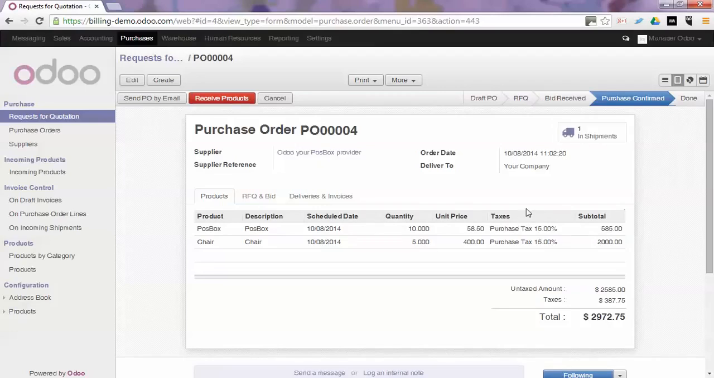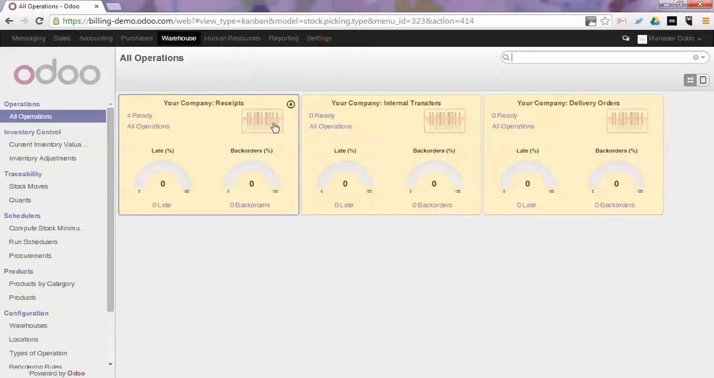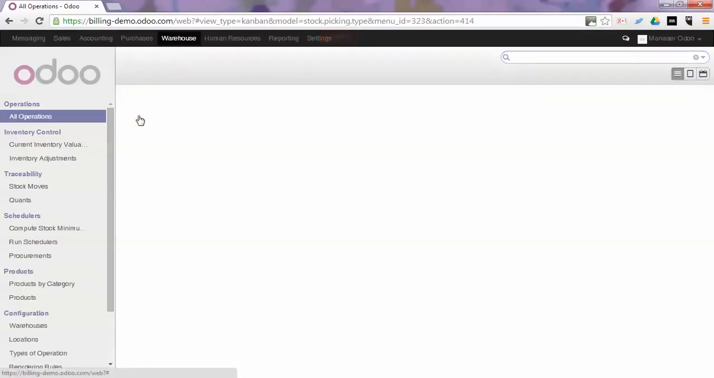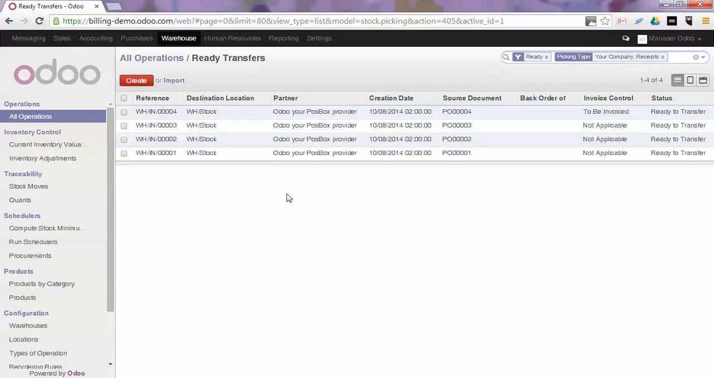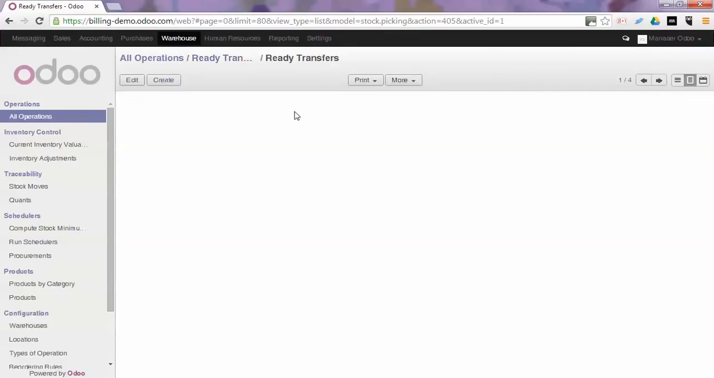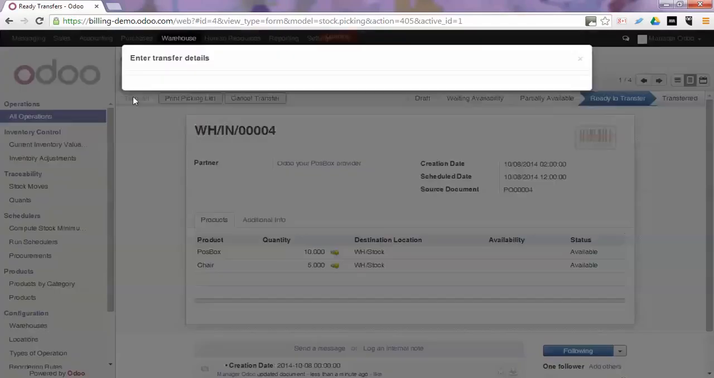to generate the incoming shipments. Now let's put on the hat of a warehouse user and process a partial delivery for which our supplier will send us an invoice. We go to All Operations and click the Ready Receipts. So you will note that the one we just created has the invoice control set to be invoiced. So we open this operation, we click Transfer,